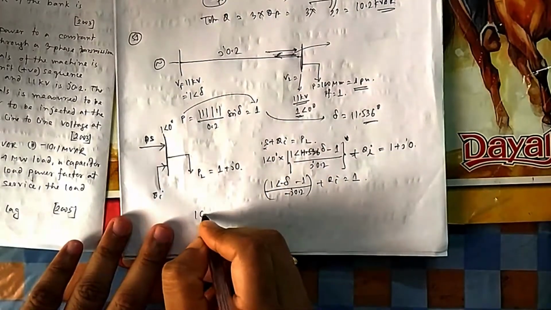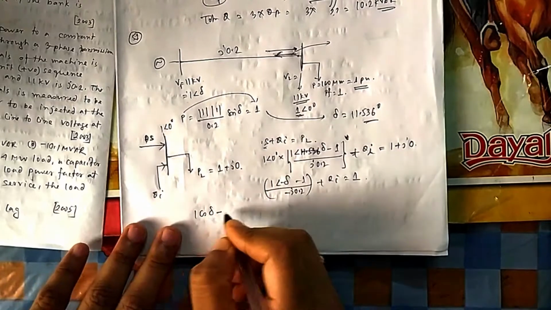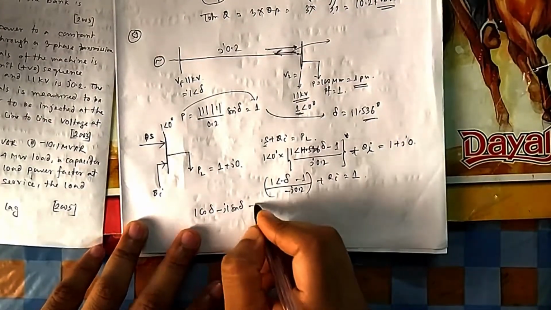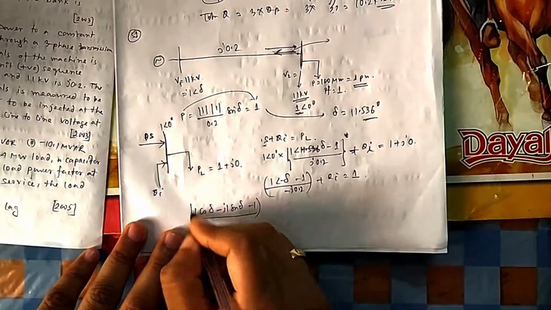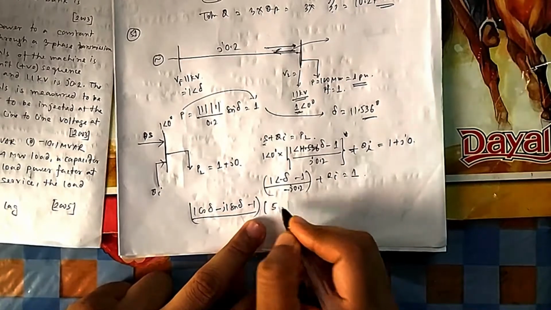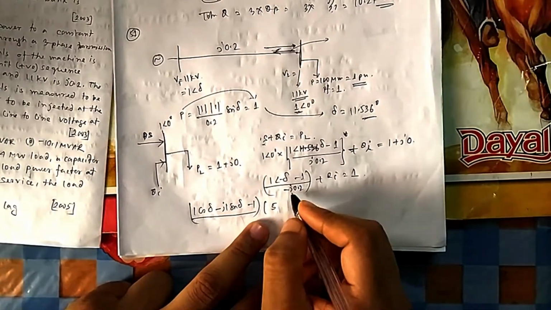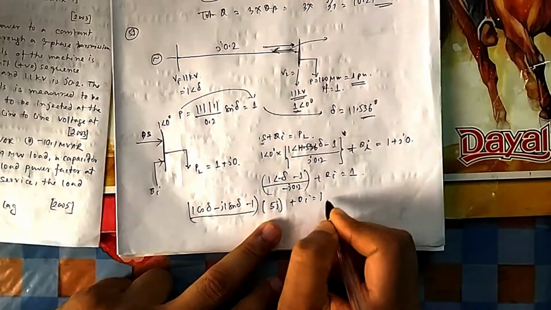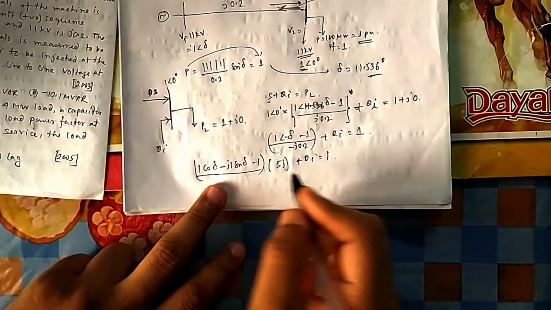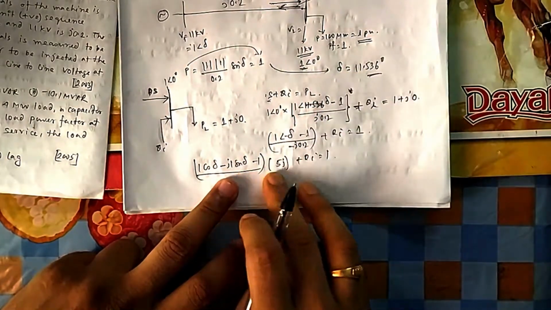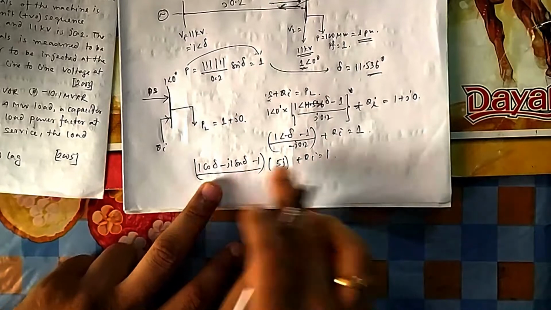So it will be 1 cos delta minus 1 sin delta I minus 1, and then multiplied by this one. You can take 0.2, that is 5. J, if it goes upside then it is minus, so minus minus will get plus QI is equal to 0. So real part we have already done, so real part no need to see. Real part if you put this 11.56 then automatically you will see that that is 1 matching.